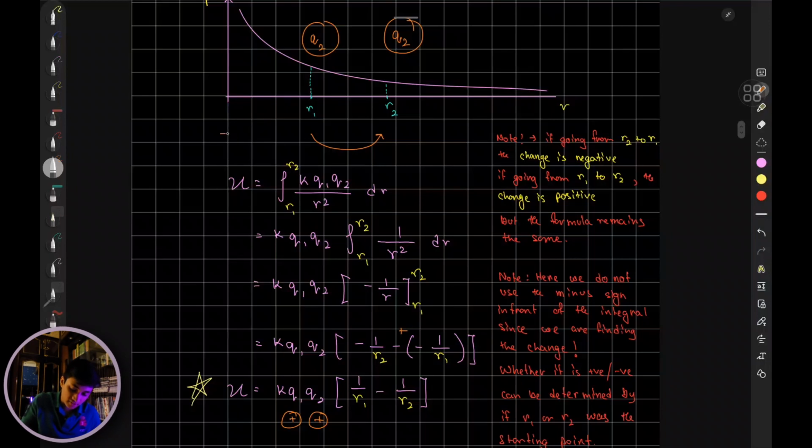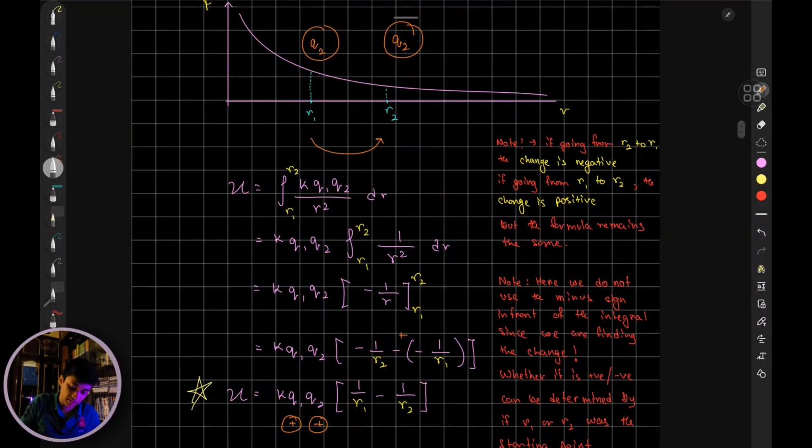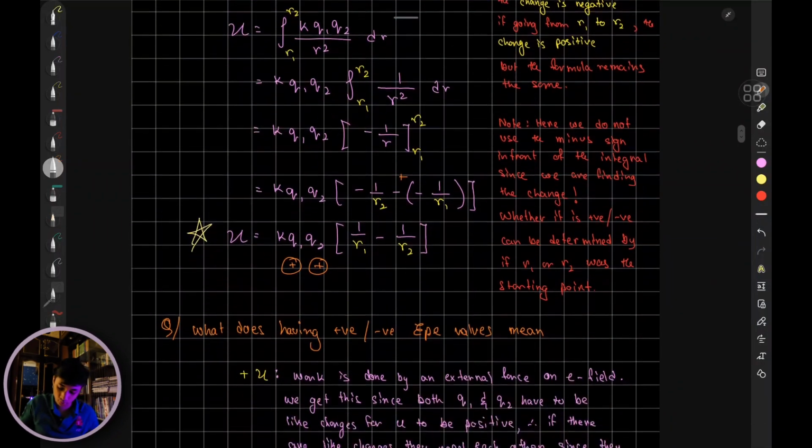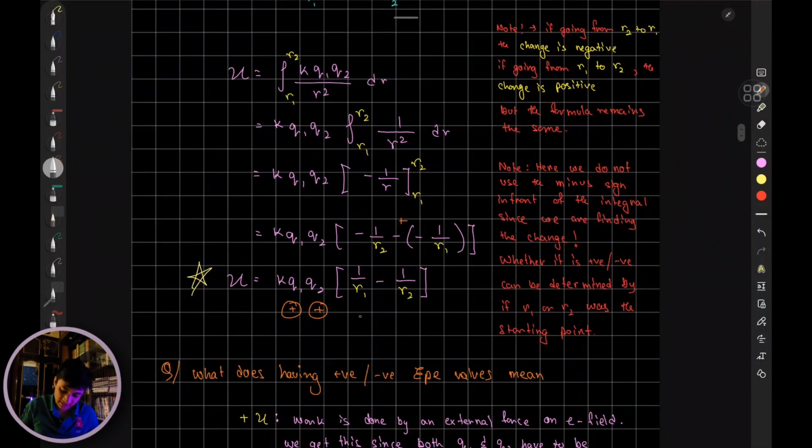Because near the positive charge, remember, repulsive force, the electric potential energy is more positive. As you move away from the positive charge, it's going to decrease and reach 0. Okay, great. So if we are moving away from R1 to R2, in this case, R1,